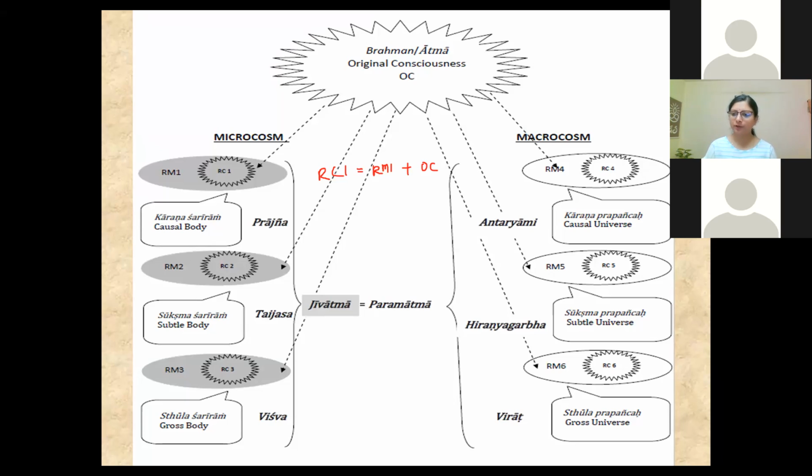All the living beings on the microcosm side, don't put all of them on the left side, only one of them for comparison's sake. Only one. Yourself only on the left side. Why? Because we want to create identity. Yourself on the left side, you as Jivatma on the left side, and Paramatma, what we call Ishvara, which is the rest of the world on the right side, including all other creatures, all other trees, plants, animals, and all other non-living things also. The whole thing, everything on the right side, only you with your three bodies on the left side.